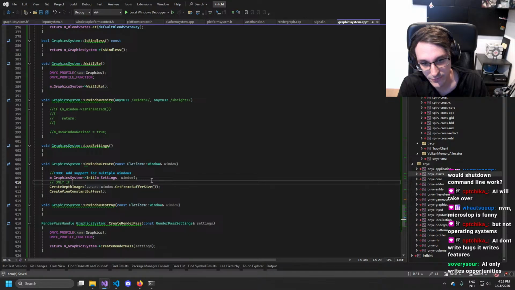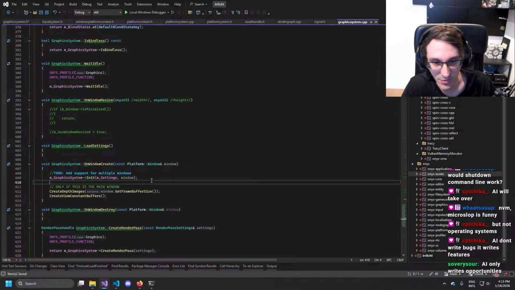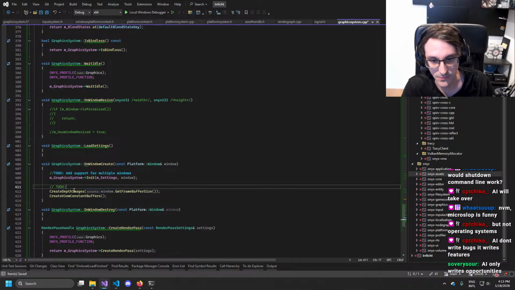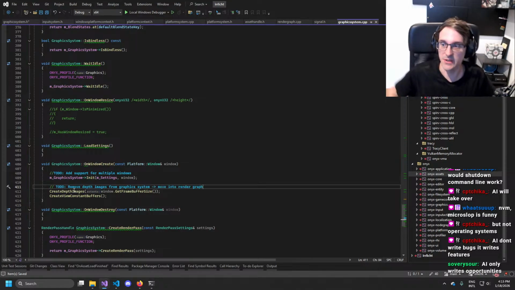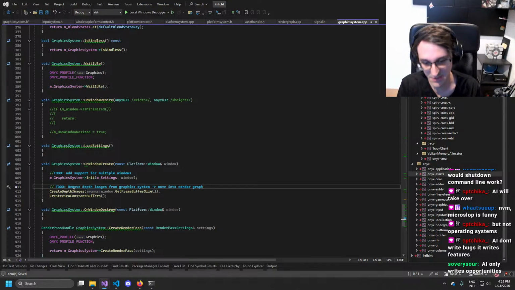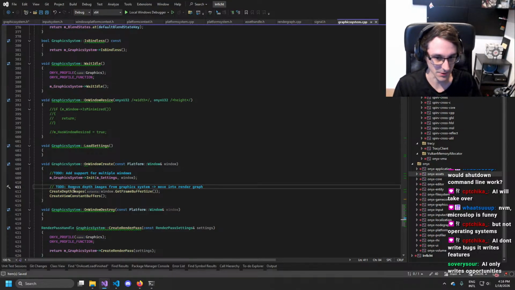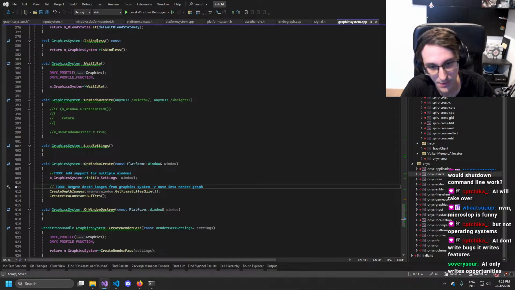Actually, the depth buffer should probably move out of the... Yeah, actually, let's do that. To do: remove depth images from graphics system, move into render graph, because they should be based on the render graph. If my render graph doesn't have a depth texture, then why would I create depth textures, right?